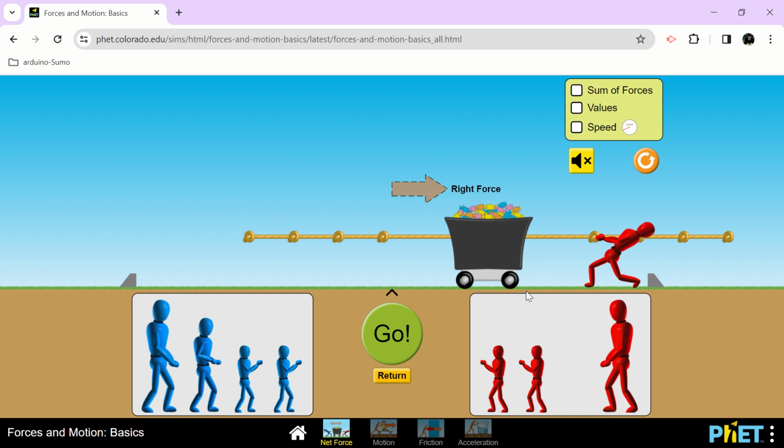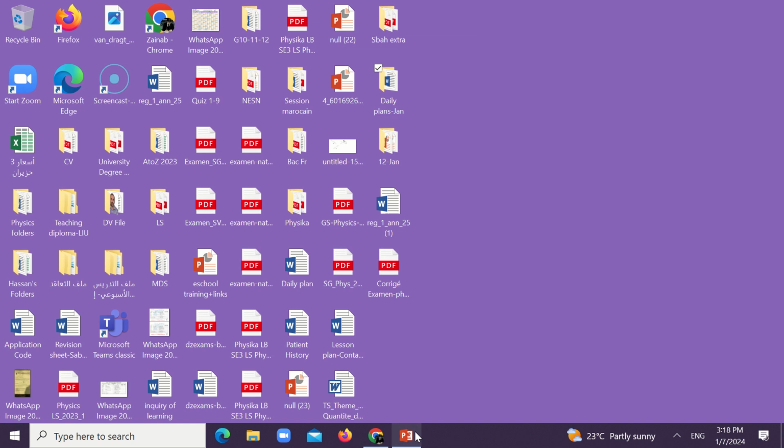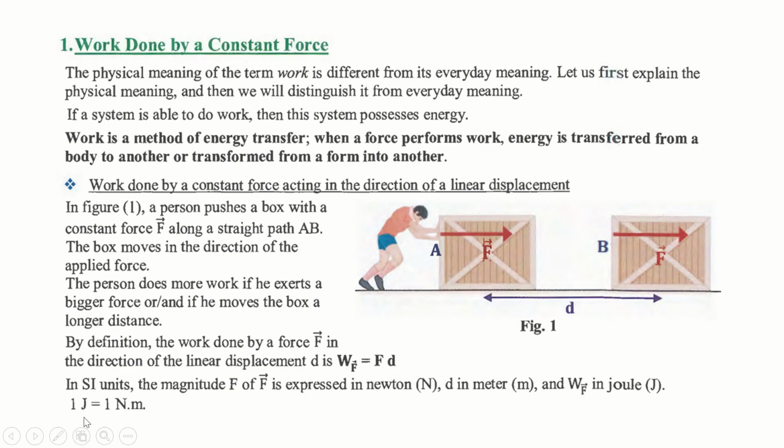By definition, the work done by a force is a method of energy transfer from one body to another, or a transformation of energy from one form to another. Here we have a transfer of energy from the man to the cart, or the chemical energy stored in his body is transformed into mechanical energy. So the work is a method of energy transfer. When a force performs work, energy is transferred from one body to another or transformed from one form into